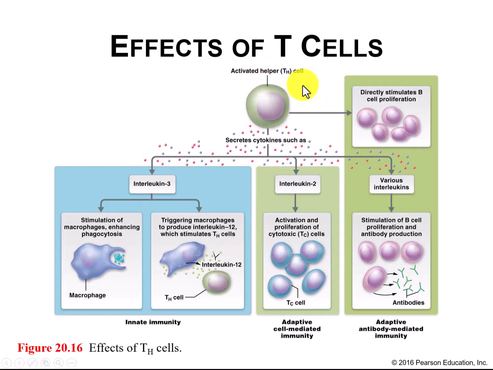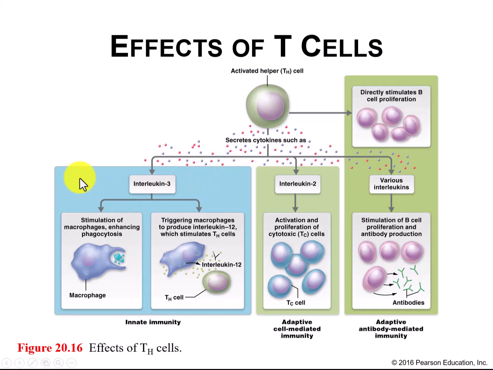And so when we say the T helper cell is activated, it releases cytokines. Some of the main cytokines are interleukin 3, interleukin 2, other interleukins. And remember, there are 29 interleukins, I think, and they just keep numbering them. And then the T helper cell directly stimulates the B cells to